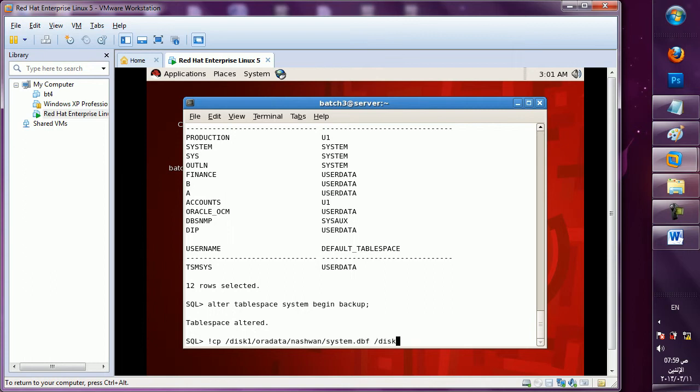Where do you want to copy? One more copy you want of this file. If my system file corrupts anytime, I can use this file then. Okay, disk1, oradata and hot backup. In this folder I want to keep the file name system only.